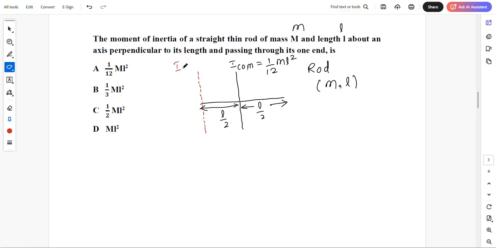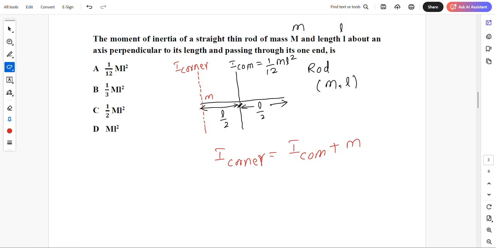I corner you have to find out. I can write I corner by using parallel axis theorem: I COM plus the mass, which is m, times